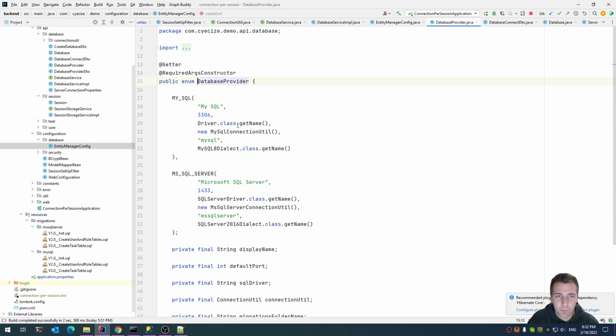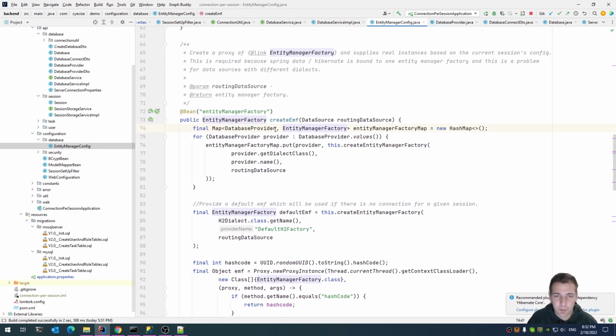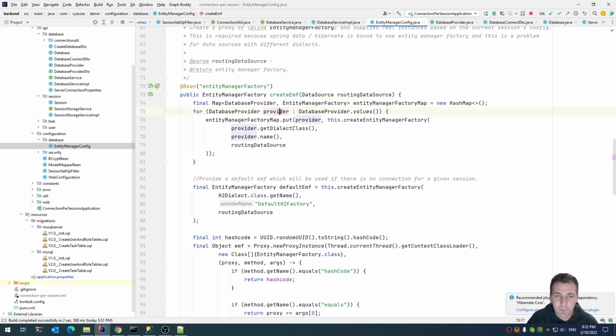So database provider, it is this enum, the entity manager factory, obviously the required class. And then for each provider, we create an entity manager factory. And this is very important because